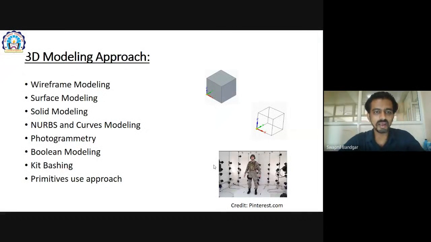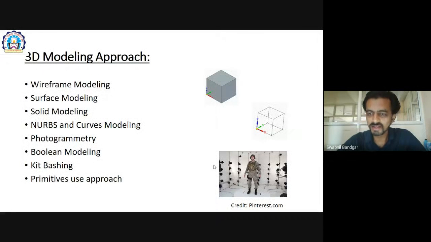Then there is photogrammetry. If you look at the picture at the bottom left, there is a person, a soldier, standing, and n number of cameras are taking pictures from every angle, every part of the soldier and every structure of the object, and it will give you a 3D model in your software.